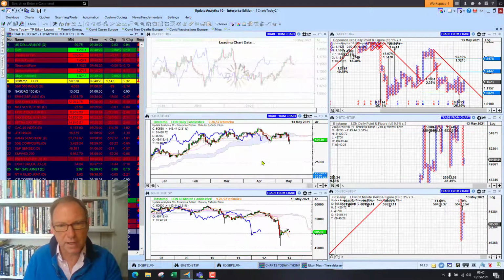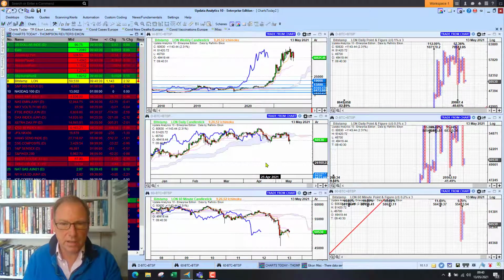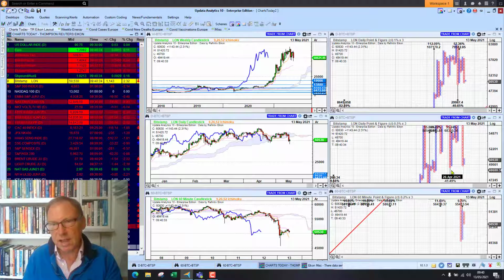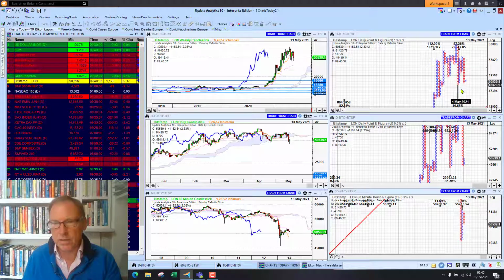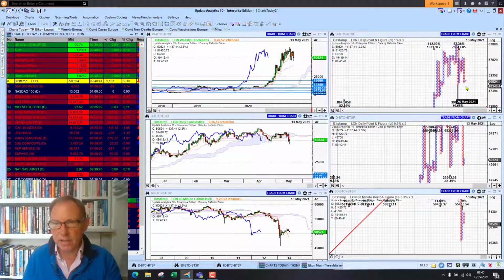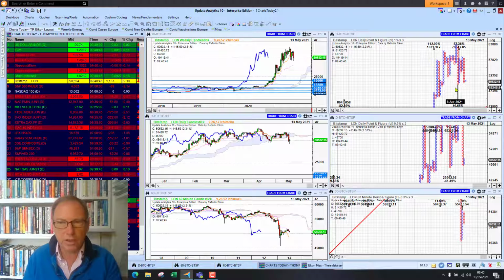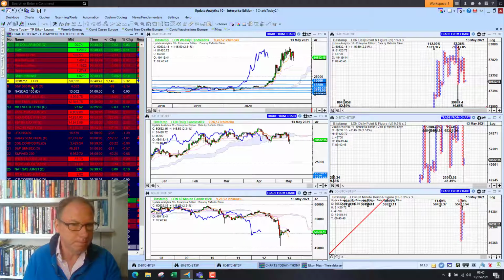Bitcoin had a sell-off yesterday with Elon Musk announcing that they wouldn't accept Bitcoin at Tesla anymore. Not enough to activate this downside target here. So if we go lower than the low that we saw, that will activate a downside target to $29,000, $30,000. So that would be significant, but we're holding that low at the moment.